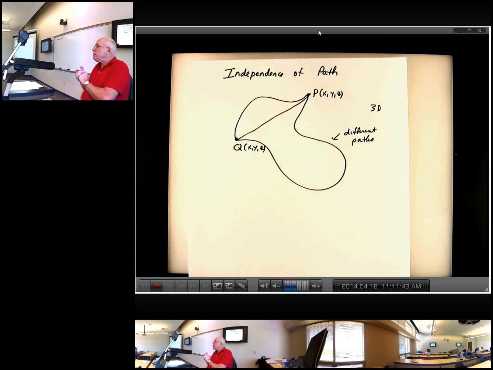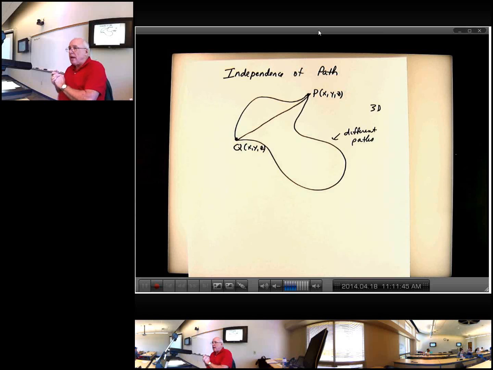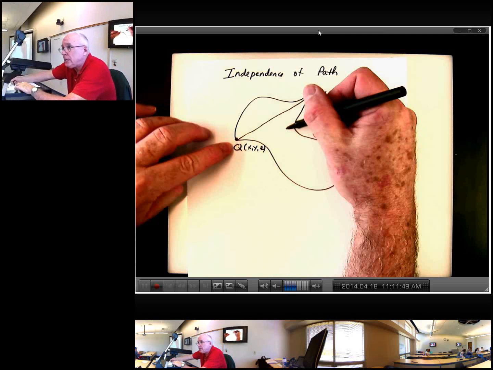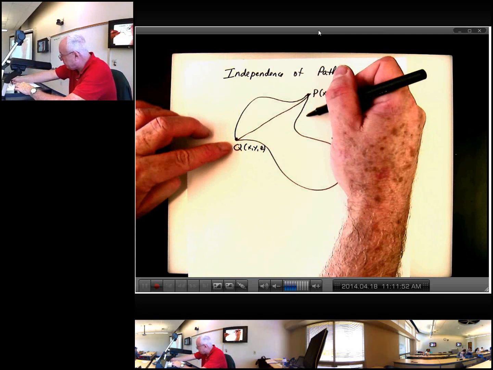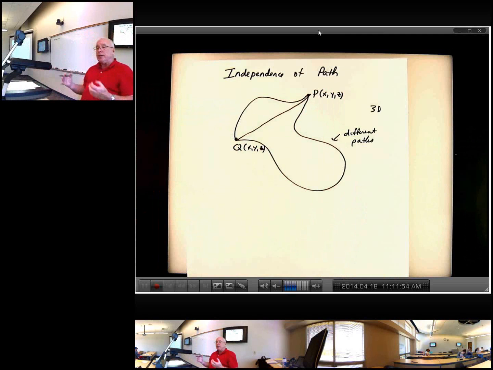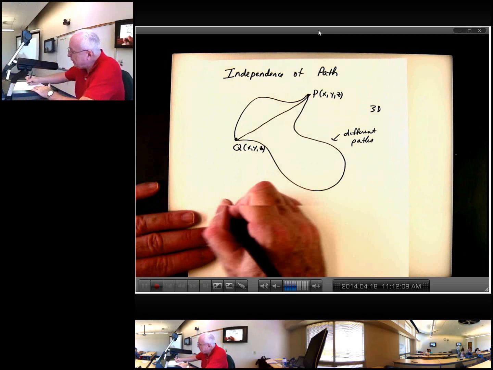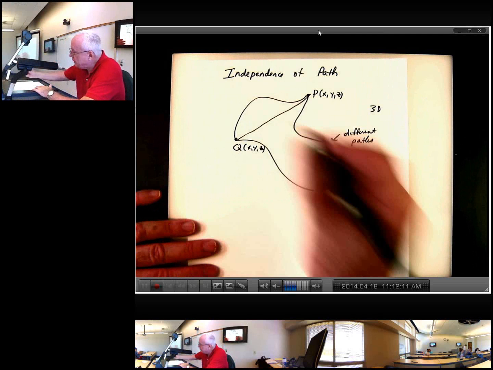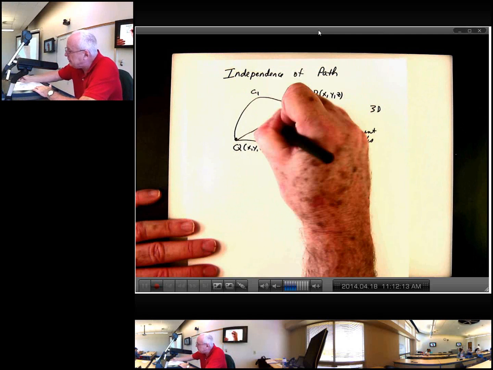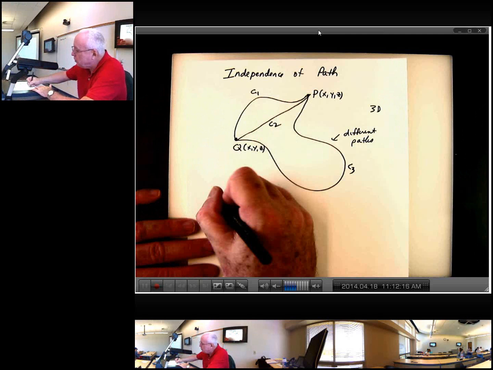If that theorem applies, my integral value won't change at all because I have the same beginning point and the same end point. So therefore, we can say that the integral is independent of the path we're taking from one point to the next. We'll get the same value for the integral. So in this case, we know that, say this is C1, and this is C2, and this is C3, we know